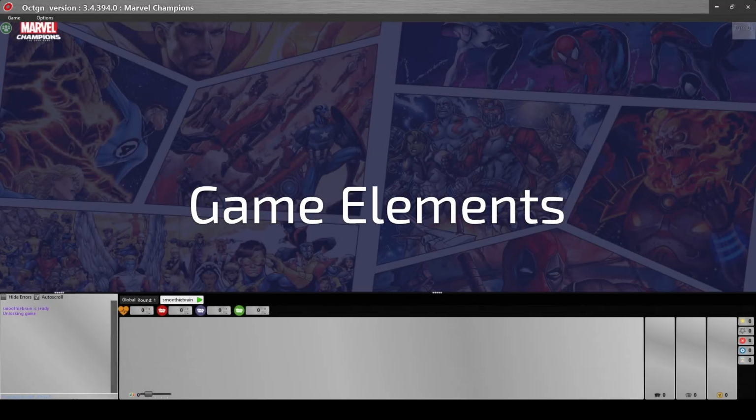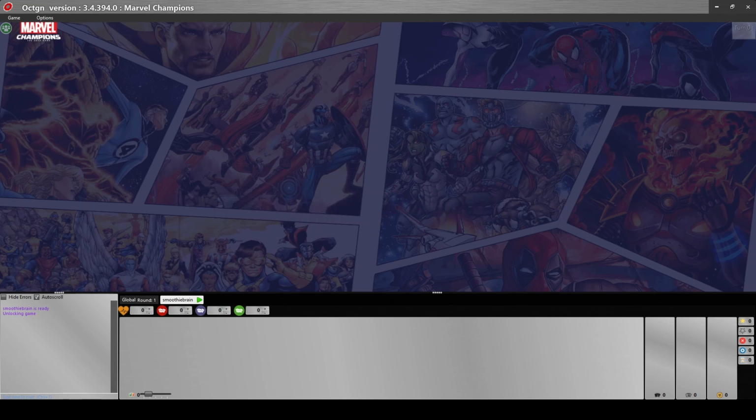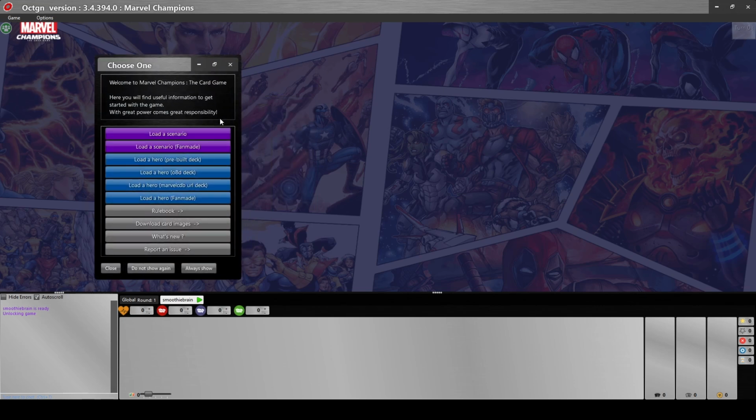So from here, we're in the game. What do you do? Well, the simplest way to begin is you just right-click anywhere on the table and you can look for the welcome screen. There's essentially two ways of loading in your decks that you want to play with. The welcome screen is probably the easiest way to do this. So when you right-click, click welcome screen, and you can see here you can load scenarios, fan-made scenarios, pre-built decks,